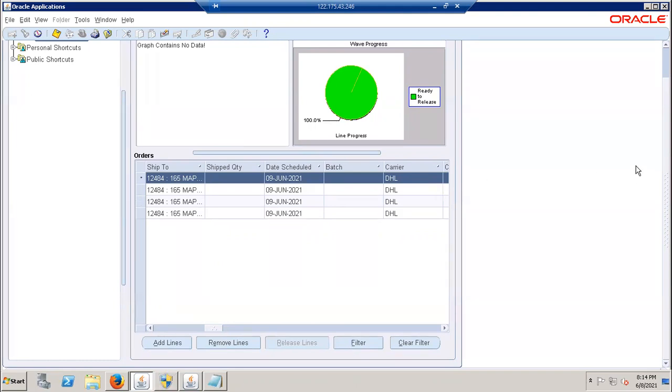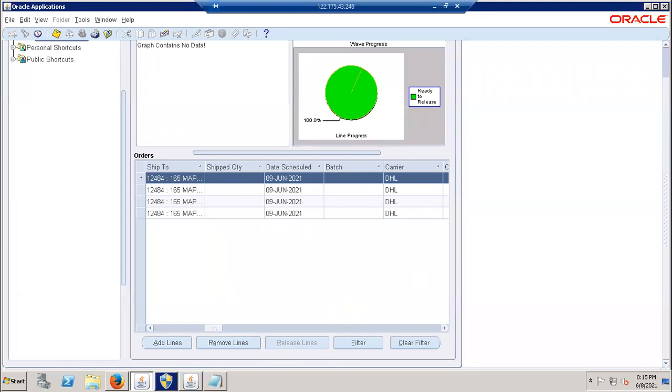So this is how your wave planning is there, how you will create a wave planning. Here, remove lines means we can remove lines also. If you want to remove any lines during processing, you can remove it. But here add lines also is there. You can add the lines, you can delete the lines, but we are not going to do this. It will be a manual kind of option, right? We want them to perform everything, correct? Yes, that's the reason.